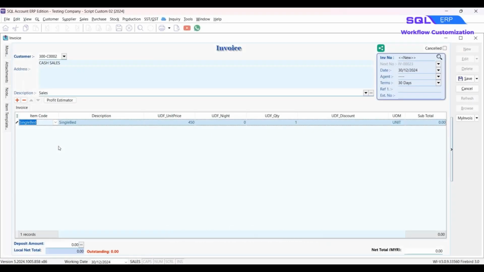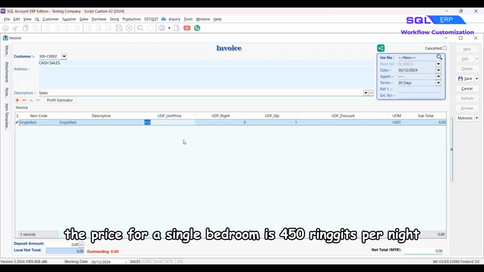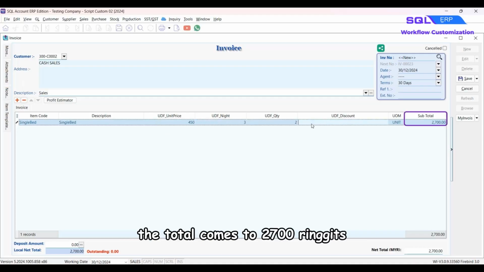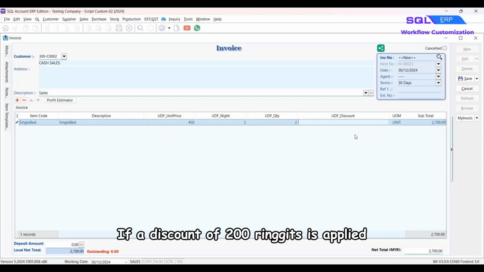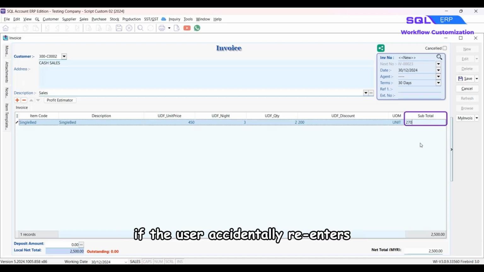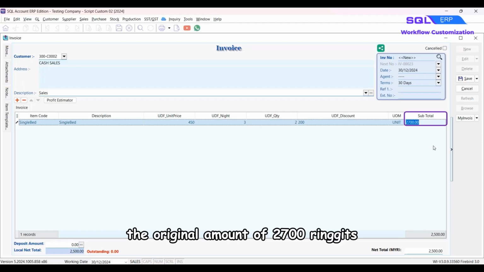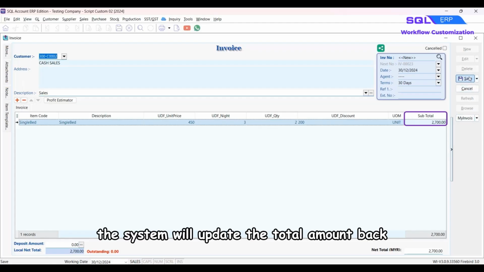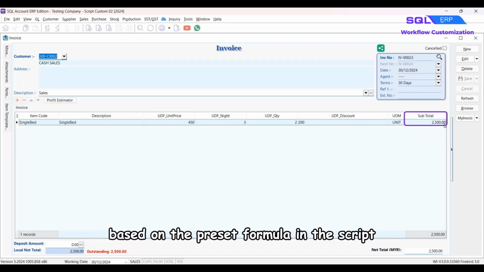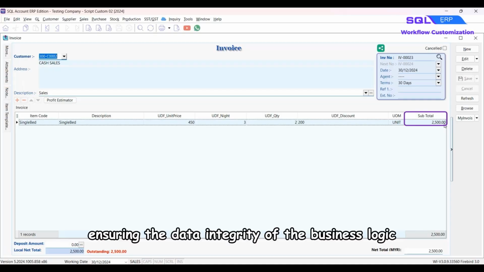Ending demo. At the end of the video, here is the demo of the result. For example, the price for a single bedroom is 450 ringgits per night. For a 3-night stay with 2 rooms, the total comes to 2,700 ringgits. If a discount of 200 ringgits is applied, the new total should be 2,500 ringgits. However, if the user accidentally re-enters the original amount of 2,700 ringgits and clicks the Save button, the system will update the total amount back to 2,500 ringgits based on the preset formula in the script, ensuring the data integrity